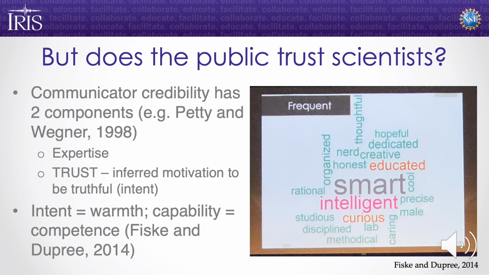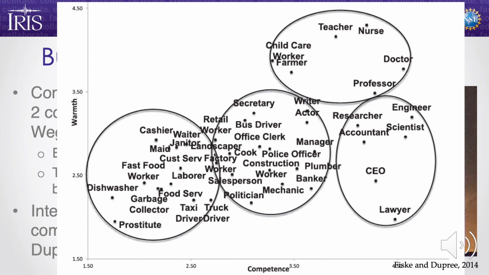So they made a graph of many of these different jobs, and they put two axes: competence and warmth. On the x-axis is competence, on the y-axis is warmth. The ones down here on the bottom left-hand side are careers where a lot of people think that you don't have to be very competent to get that job, and also they don't really trust those people. They don't have a high level of warmth. On the other end of the spectrum, up here in the right upper corner, these are people that have to have a lot of competence to do what they do, and people understand their intentions. They think they have good intentions. They rank high on the warmth scale.